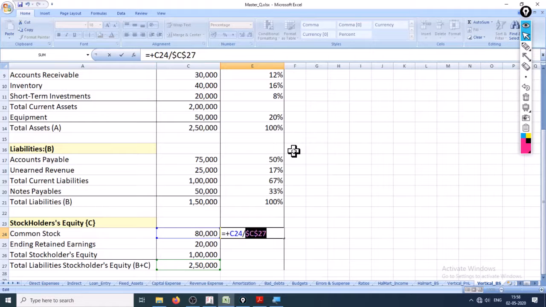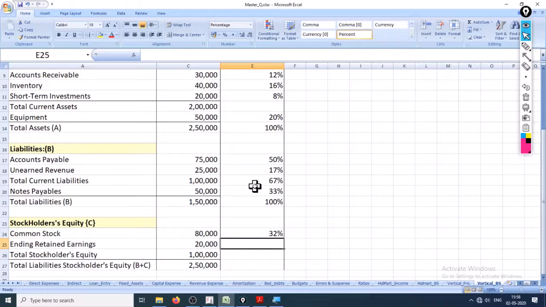To enter the $ sign, either you can enter dollar between the rows and the columns, before the rows and the columns, or you can just click here and press F4. Control C. F4 will automatically bring in the $ sign and fix this cell right here, the cell that we want to be divided with. Okay, so yeah,